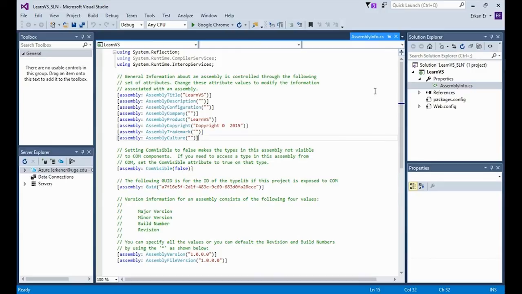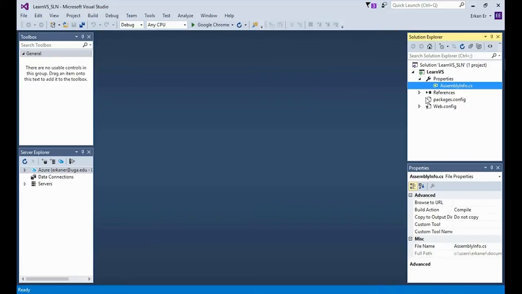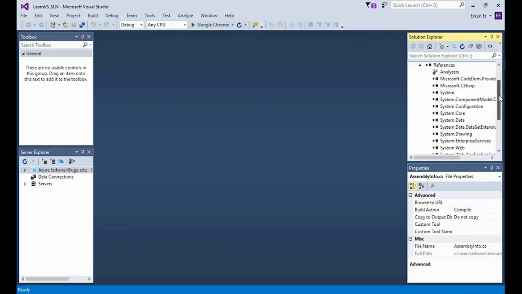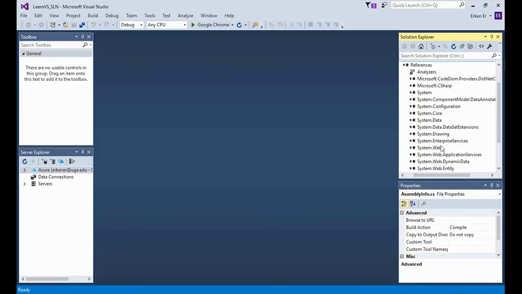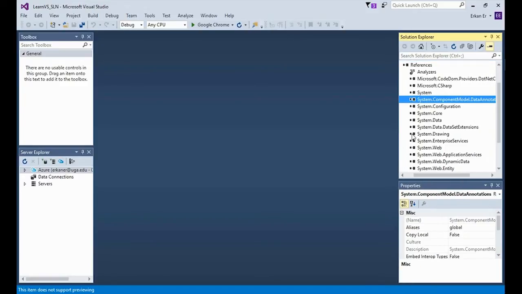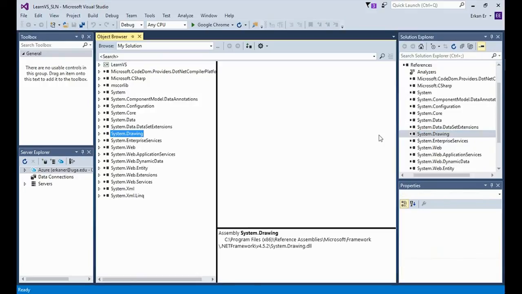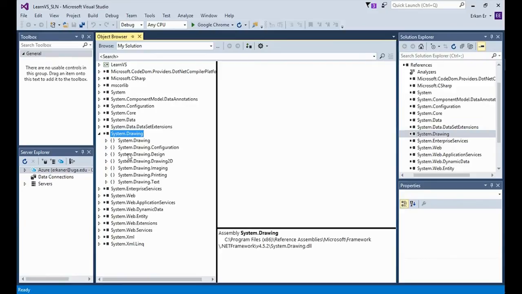The code in Visual Studio applications will be compiled into an assembly file with extension DLL, and when you deploy your application on the server, you will need the assembly file on the server side. References folder contains references to existing .NET libraries. Actually, each reference is an assembly file with DLL extension and contains hundreds of classes serving for different purposes. For example, System.Drawing.dll will include classes that will help you add some drawing-related functionality to your application.